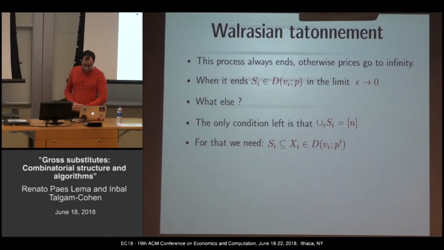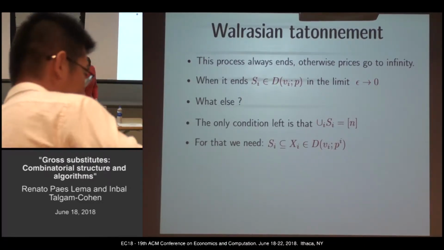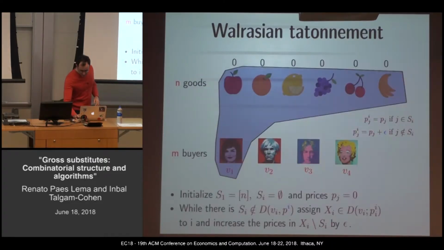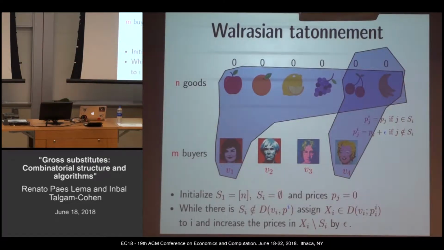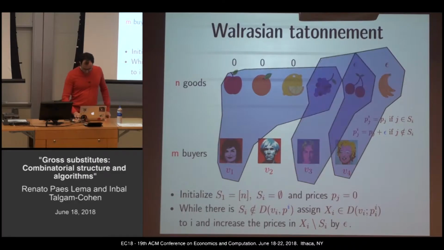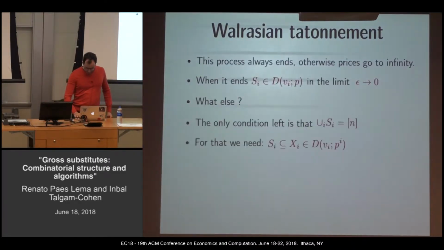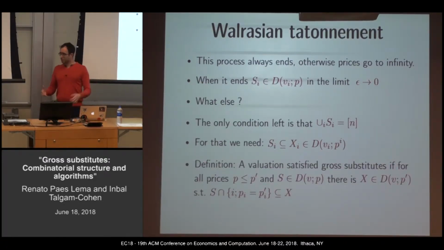And if you come back to the previous algorithm, you can ask, what do you need to keep every item always allocated? What we need is really that once someone says, okay, I am unhappy, give me some items, the items that he asks for, X_i, are a subset of the items that he currently has, S_i. If the valuation is such that they always ask for a bundle that's a subset of what they already have, then we can run this procedure and always keep a partition. So the approach of Kelso-Crawford was: let's define the class of valuations that have this property.